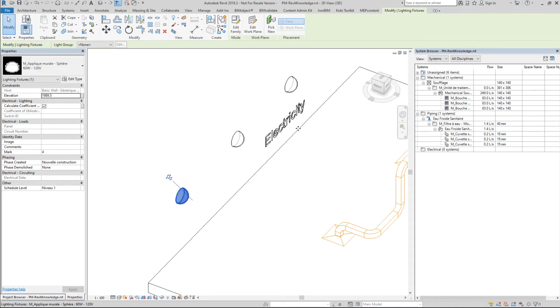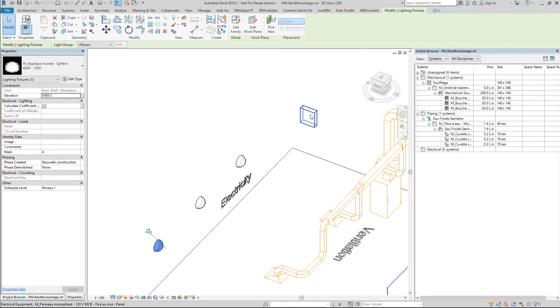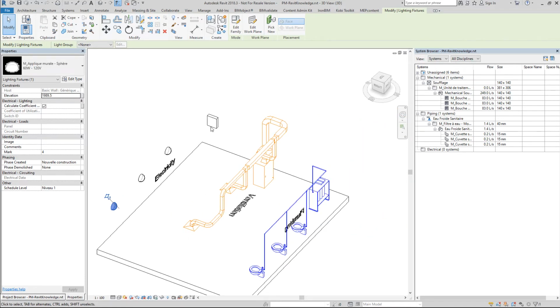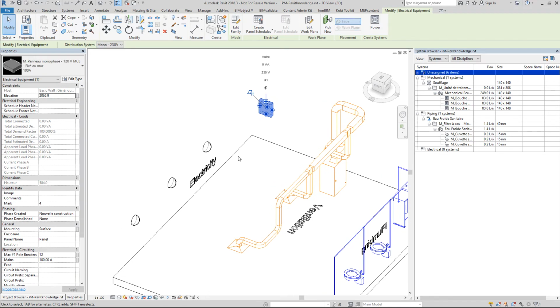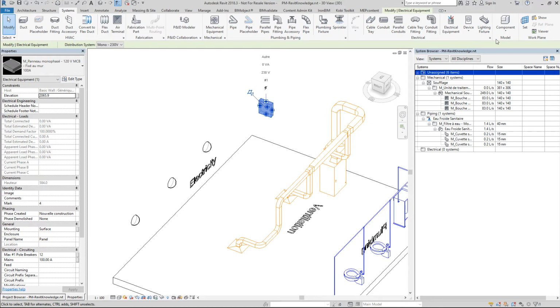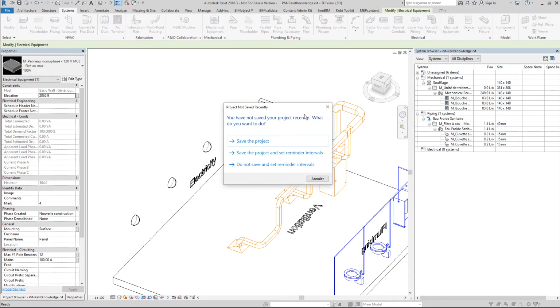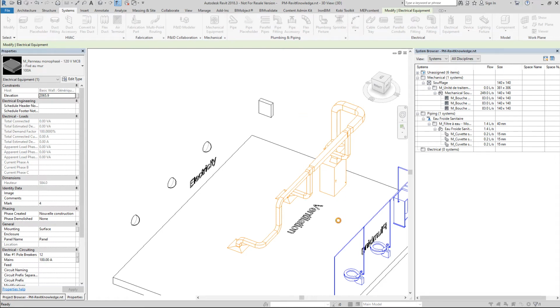So here I have some lights, and this is not an equipment like those ones here. This is what you call a panel, electrical panel. So the panel already has some kind of distribution system. Just for information, but this is really not the point of the video. But if you go here into this, no, I don't care. You have